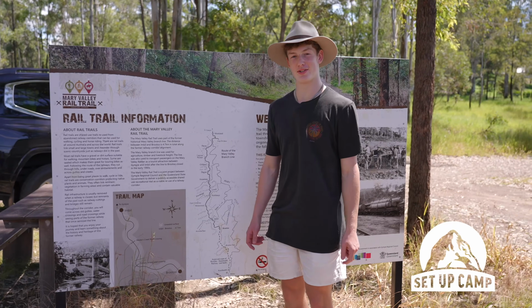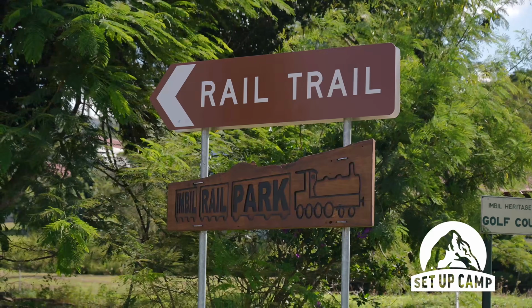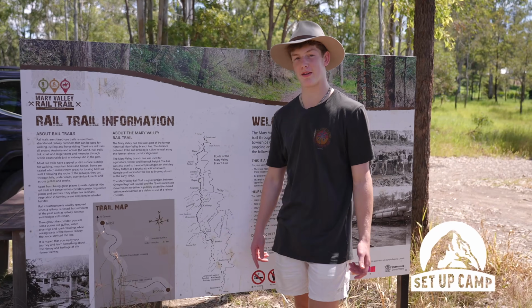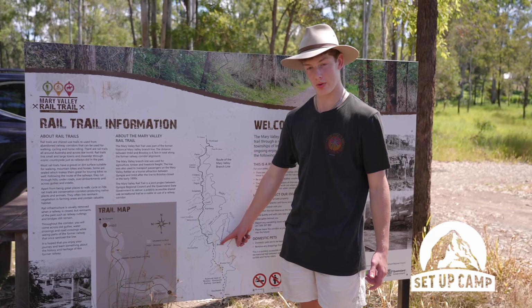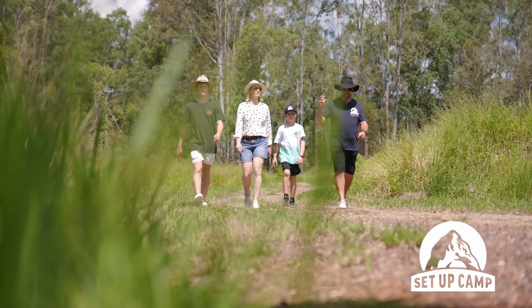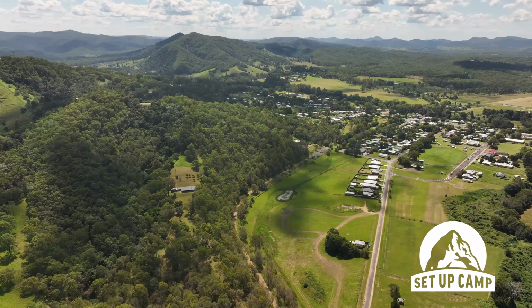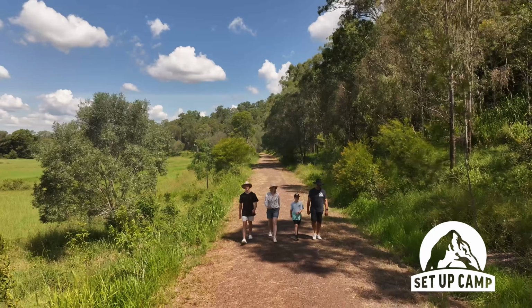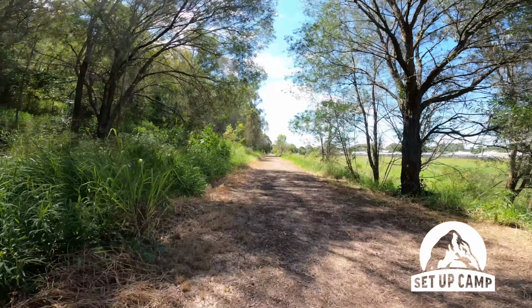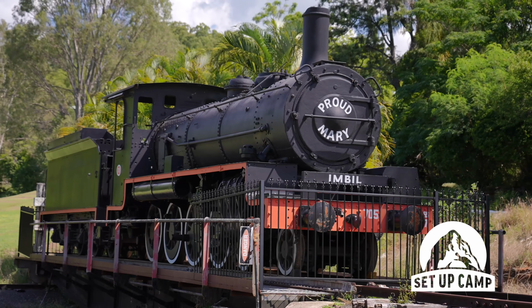If you're inclined to do some exercise on your camping trip, there's a good walking trail which goes from Brooloo all the way up to Imbil. It's about 4.5 k's, and it used to be a train line that ran from Brooloo all the way up to Gympie. This is the same track that the Mary River Rattler still runs on up north. They get that from Amamoor up towards Gympie way. You'll know you're at the end of the trail when you get to the Proud Mary,